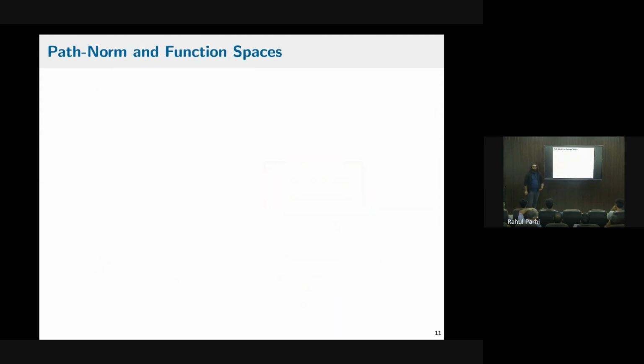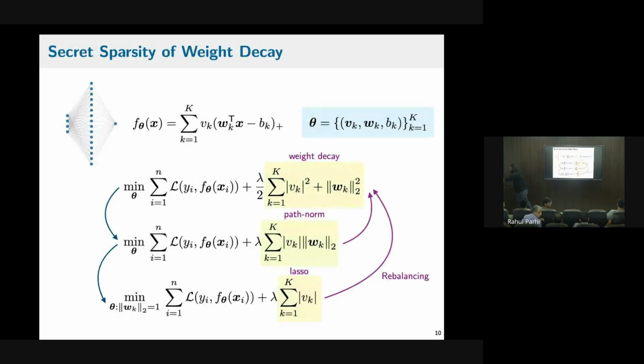Question? What about the previous 2 slides requires this 1 layer only? So in this talk, going forward, we're going to focus on one hidden layer neural networks. The previous slides hold for deep neural networks as a whole. You always have this balancing phenomenon. And if you wrote a sort of vanilla deep neural network with L layers with ReLU activation functions, you can write down similar regularizers where now you sum over the neurons in each layer and get basically a group sparsity regularizer there. Yeah. But you can write it out. But for the rest of the talk, we'll focus on one hidden layer, so we're specializing